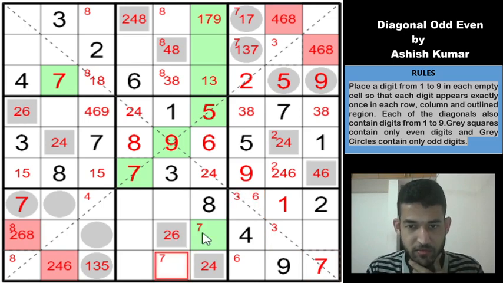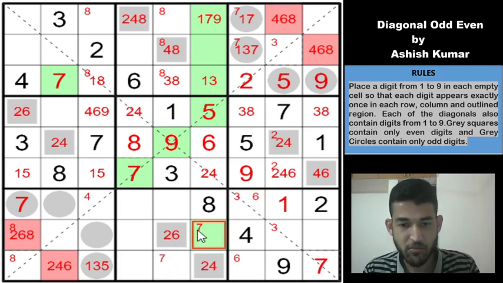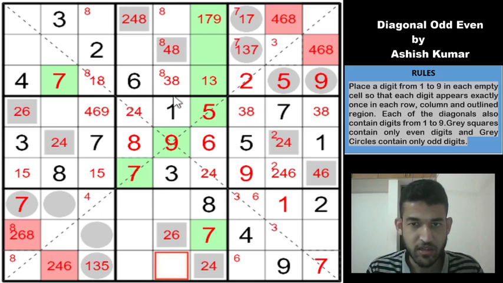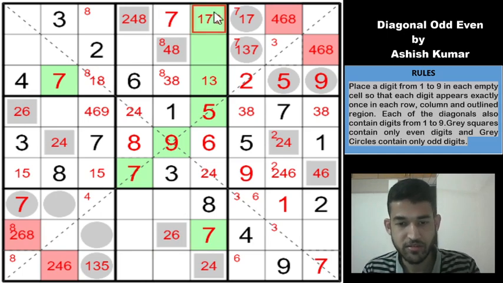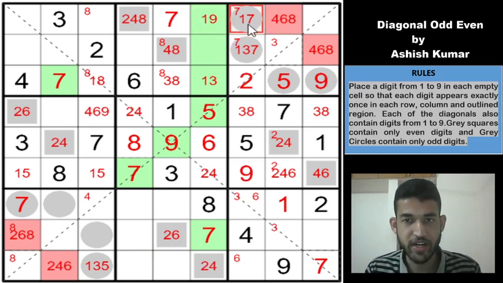So I think we can make use of this 7 to place the 7 in box 8. So this is not a 7. And that gives us a 7 here in column 5. Which means this is not a 7. This, okay, that gives a 1 here. Superb, guys. I think we have sparked the Sudoku. Now we are getting a lot of digits.